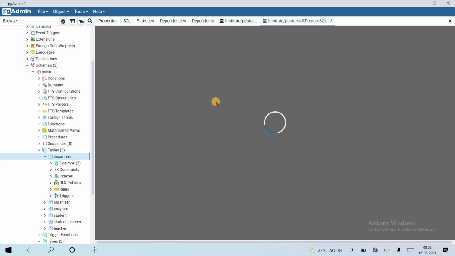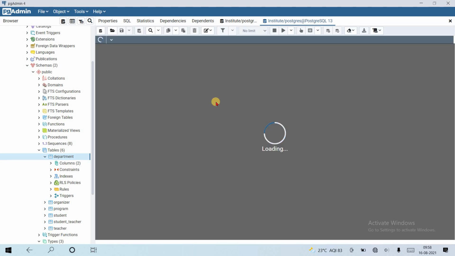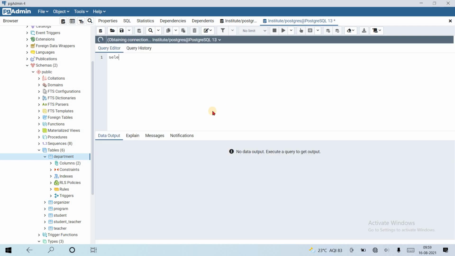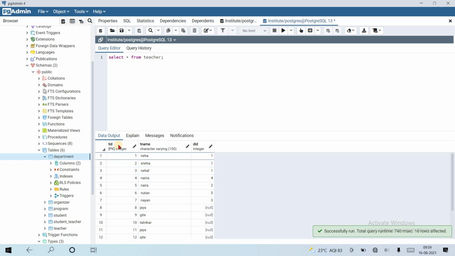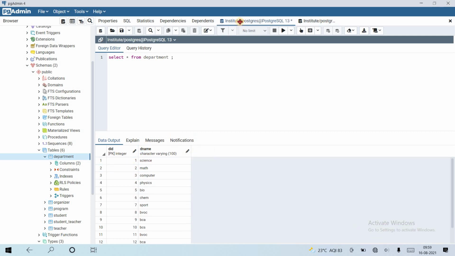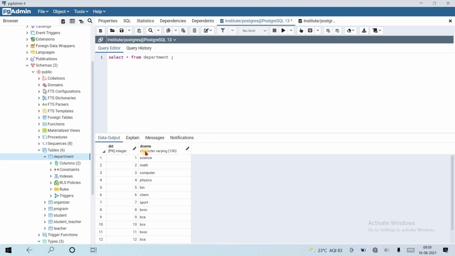Inside this, write select star from teacher. We want to connect the teacher and department tables. You can see that teacher has teacher id, teacher name and department id, and the department table has department id and department name.